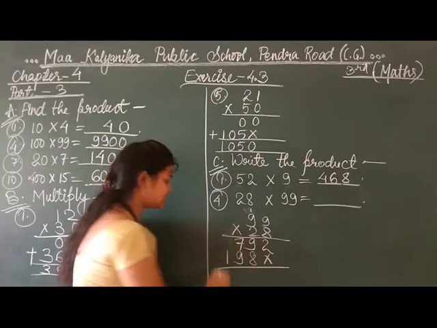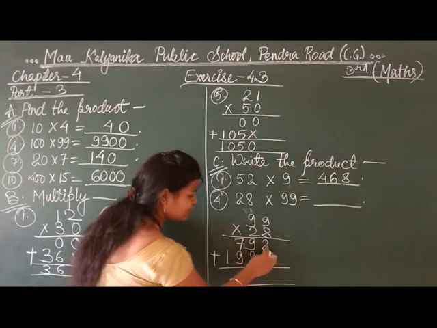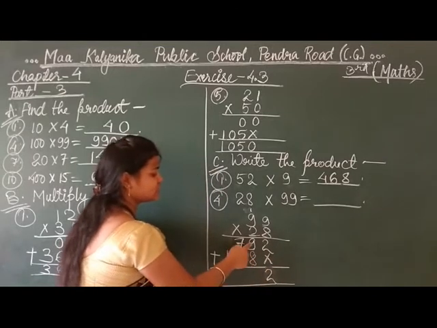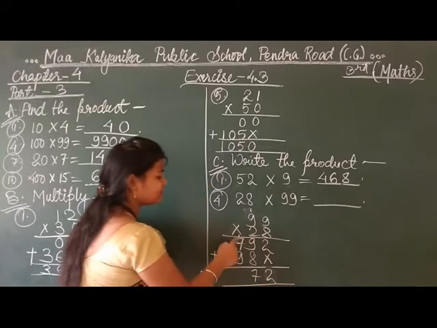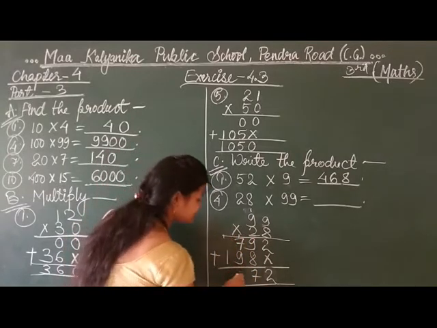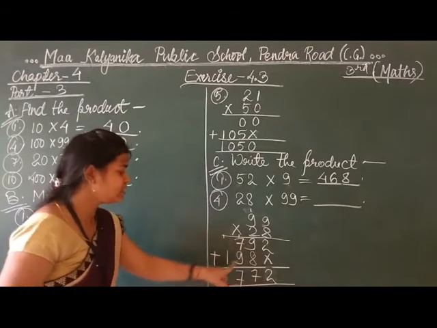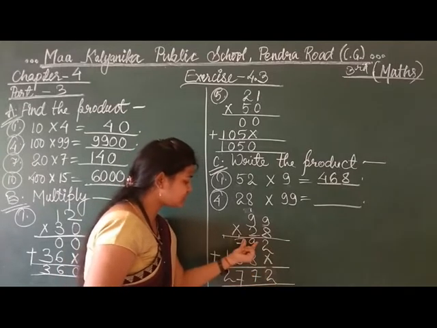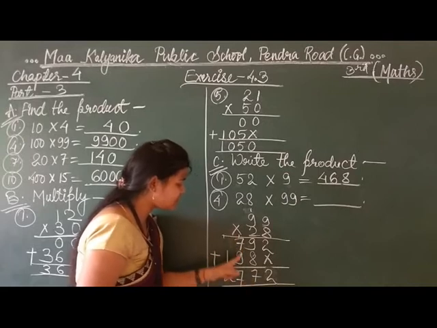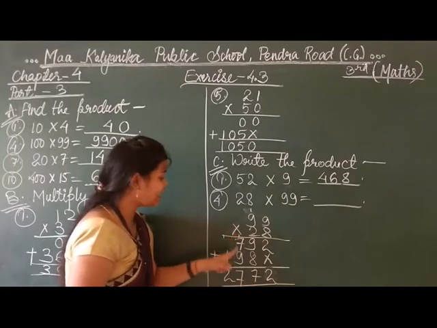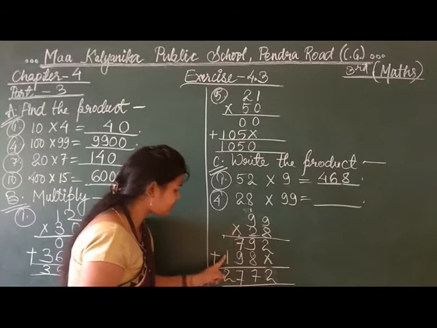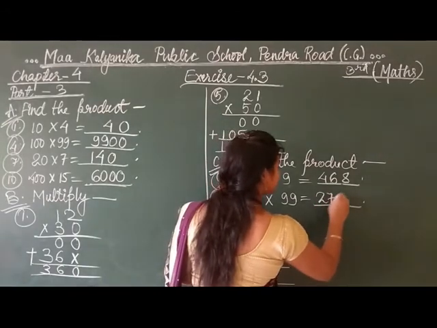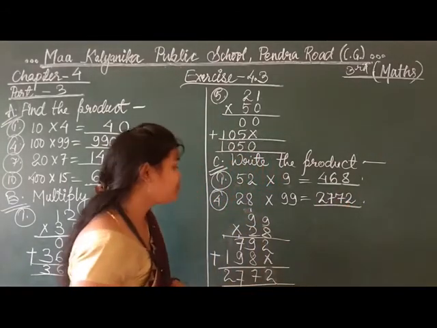After receiving both the answers, we will add these two lines. So simply 2 and 0, 2, then 9 and 8, 8 2 is 16 plus 1, 17, then 7 plus 1, 8, 8 2 is 16 plus 1, 17, okay, and then 1 and 1, 2. So 2772. 2772 is the product received here.